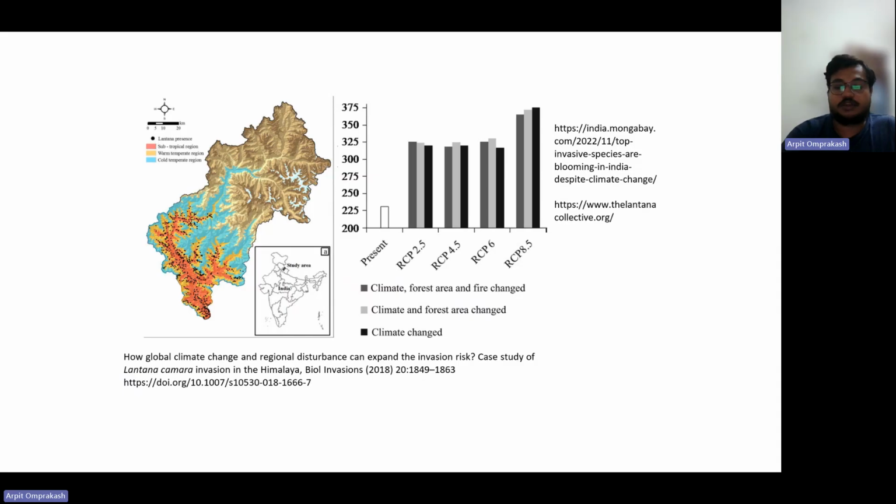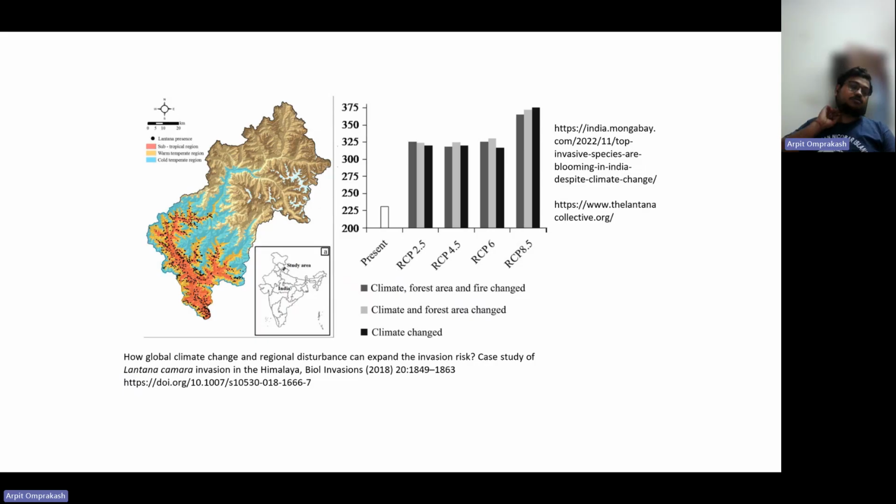Then next we are looking at Lantana camara. This is an invasive plant that is found all across India. What is happening is we are seeing how Lantana is growing and taking over a lot of the areas, right? And what we see on the right hand side is how things can be affected by this, because lantana change leads to changes